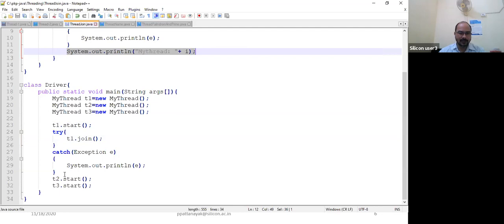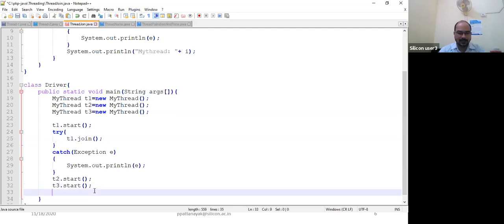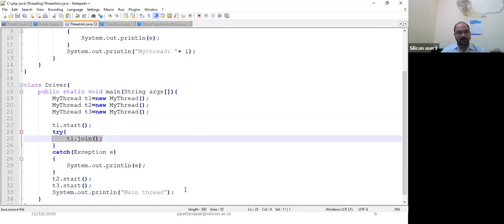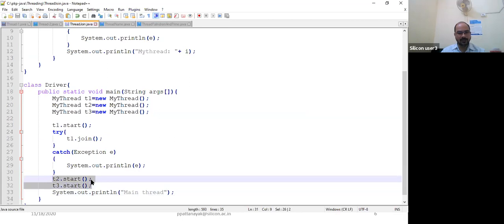If you want to check, you can write main thread here. So the main thread should not exit first. After T1 completes, then the main thread. The main thread may not wait for T2 and T3 because they are running parallelly. If there are more instructions in T2 and T3, the main thread may exit. That is the scenario we will discuss. This becomes an orphan thread. I will come to that point.